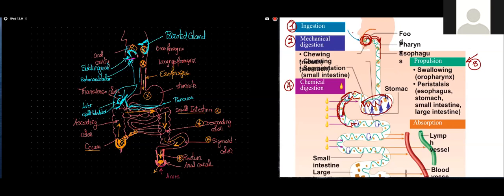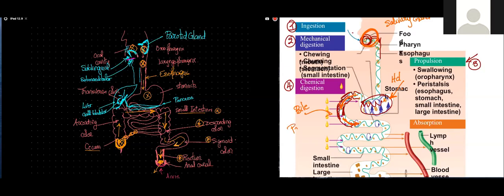Chemical digestion starts in your oral cavity under the effect of the salivary gland secretions. It's gonna be partially completed in your stomach under the effect of the hydrochloric acid and the other gastric enzymes. It will be finalized and completed in the small intestine under the effect of the bile that gets released from the liver,